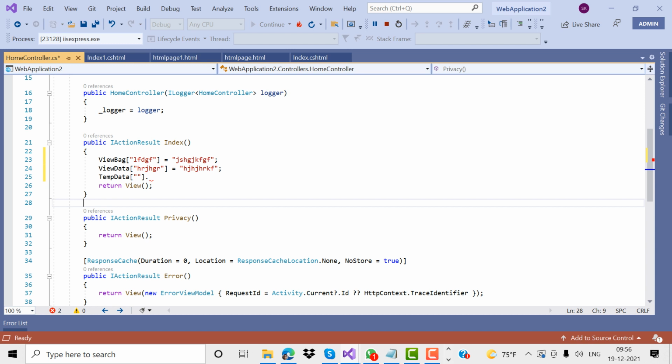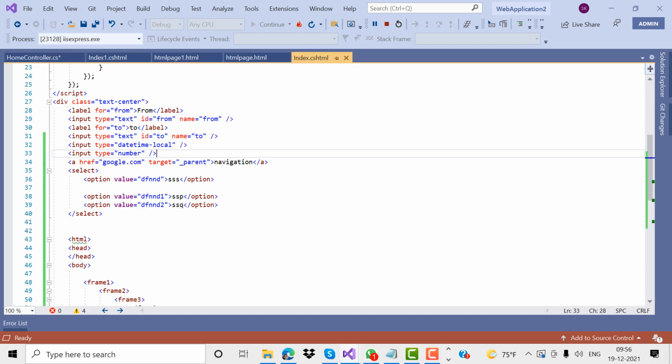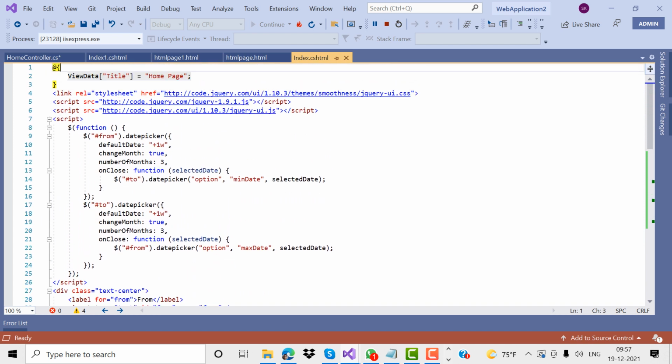Suppose we create a text box in our application, with input type text. I want to change this control to a date time picker. How can I do it? I need to take the id value dot datetimepicker and mention the values.